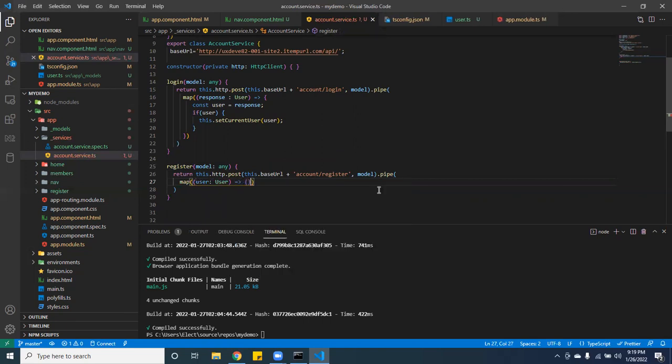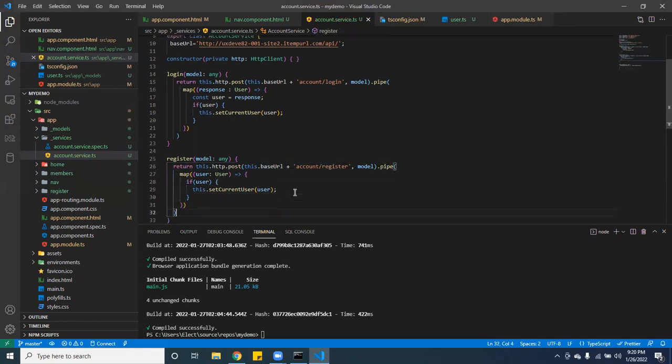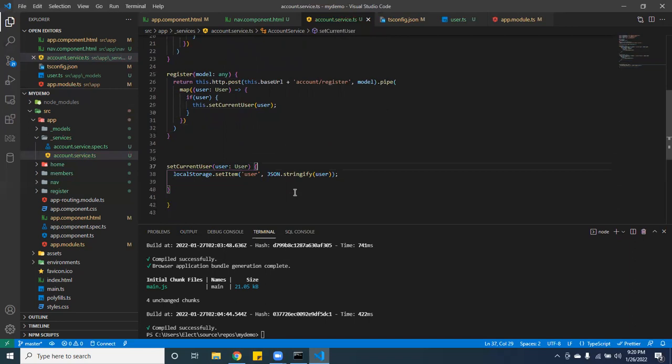And what you want to do is, if user, set current user. Okay, cool. So when you register, I don't know if you noticed when you were watching the demo, you want the name to pop up in the navbar when you register. So this is what it's going to do. All right, and now that we have that, the very last thing we're going to do is